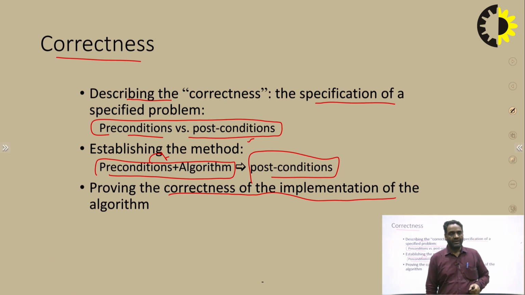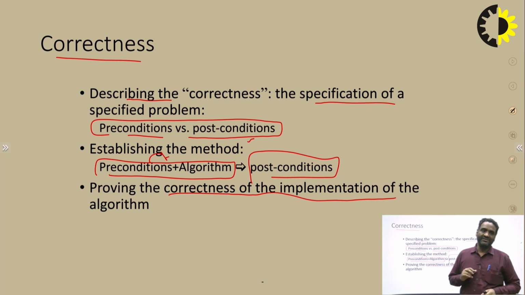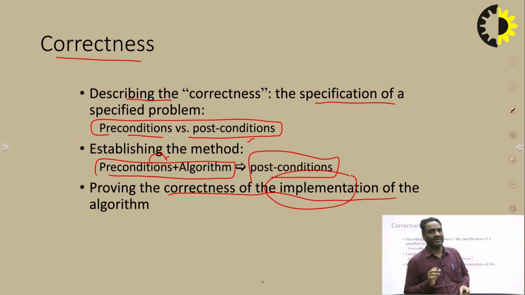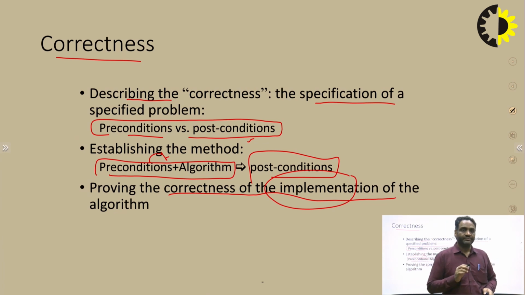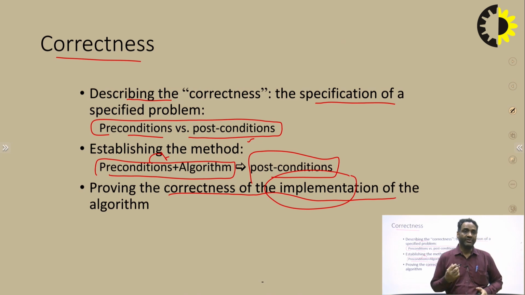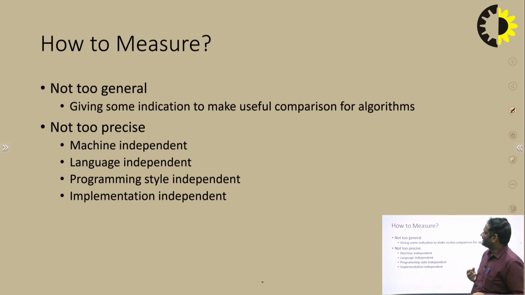In general language we can say, providing the correctness of the implementation of the algorithm means how we solve the problem should be very correct. The instructions that we are using to solve any problem must be so correct that anyone can use that algorithm. And second,